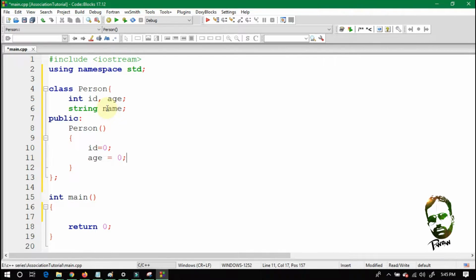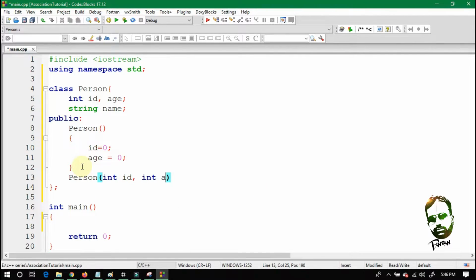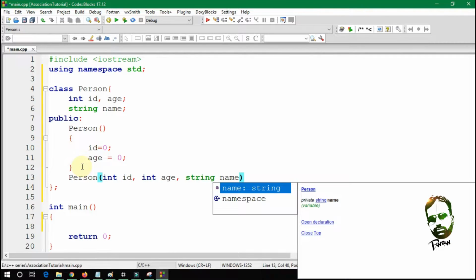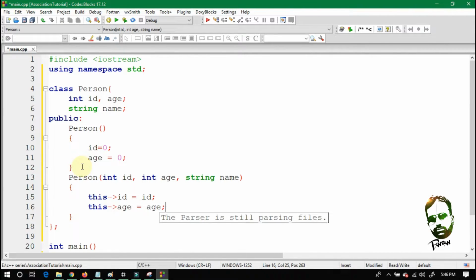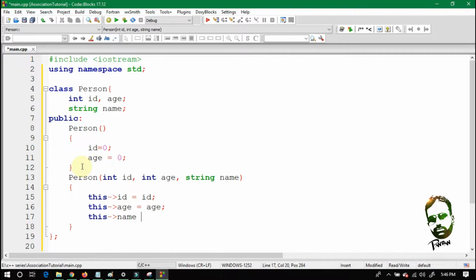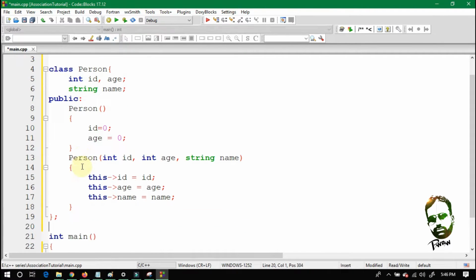You don't need to put null in this name because string is a class and it's basically calling the default constructor of this string class, which is storing the null character or empty string into this name. So right here the person constructor takes integer ID, integer age and string name. So this arrow ID is equal to ID, this arrow age is equal to age, and this arrow name is equal to name.